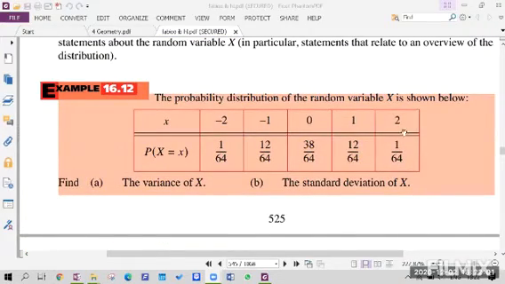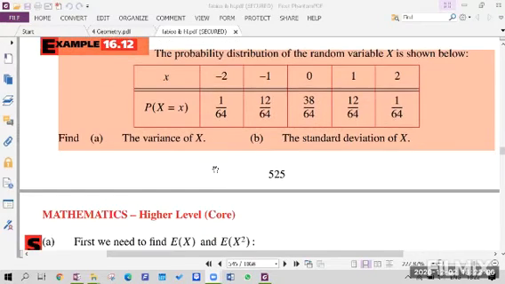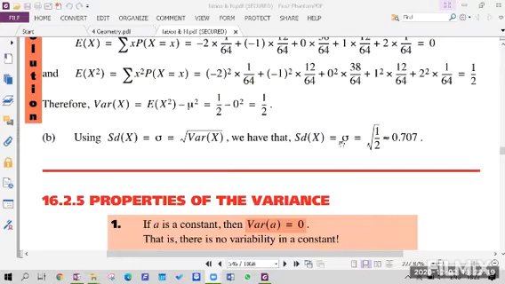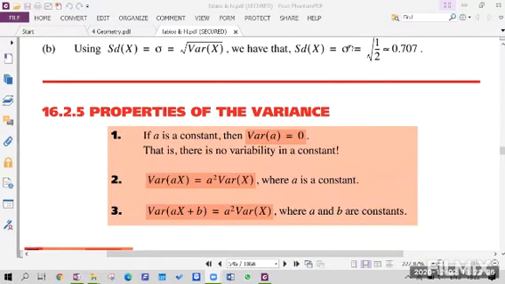When you put the x values as your list 1 and p of x values as your list 2, and press the same buttons, that is one variable. After doing the setting, you'll end up with summation x. That is your standard deviation. And you square this, you'll get the variance. Squaring it manually, 0.707 square. That's all.